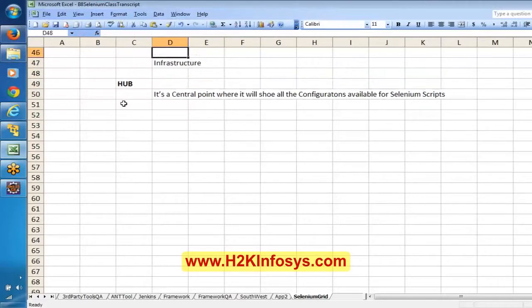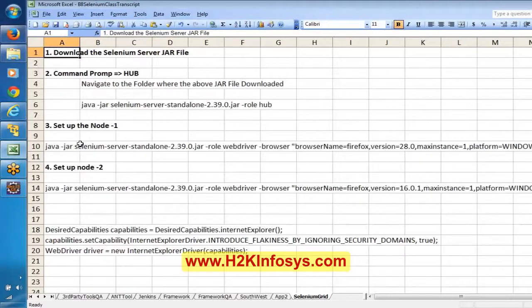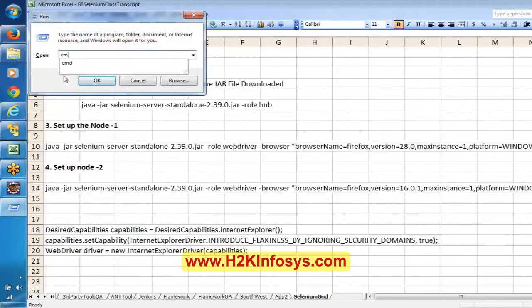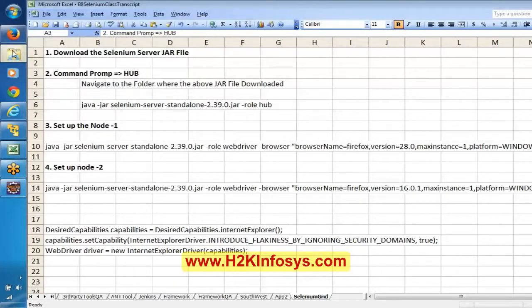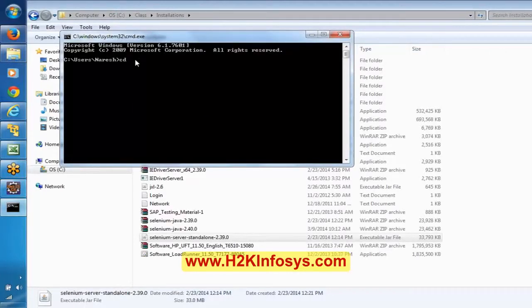Let me show what I'm talking about. To establish the hub, to create a hub, we have to open the command prompt, and we have to navigate to this particular folder. How to navigate here in the command prompt? cd space this one. So I can do this.